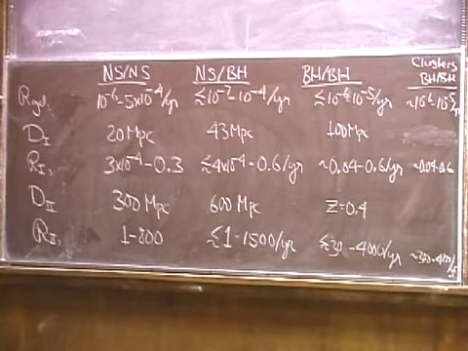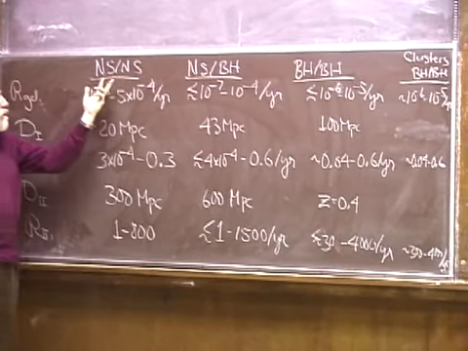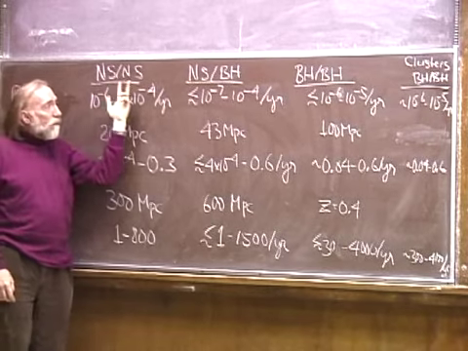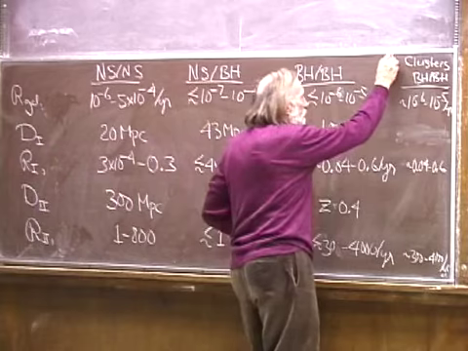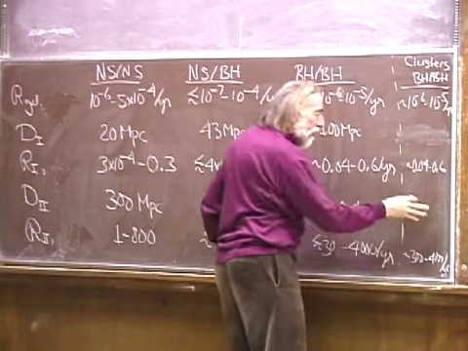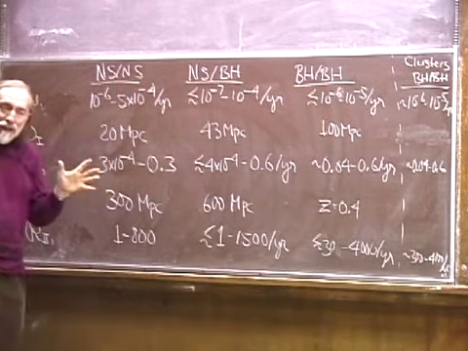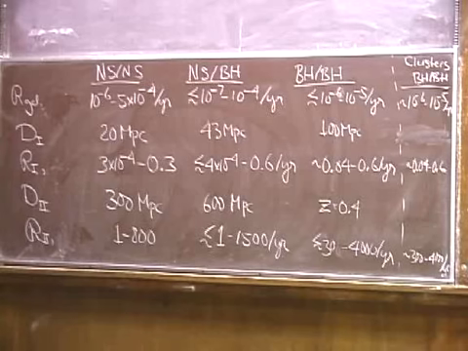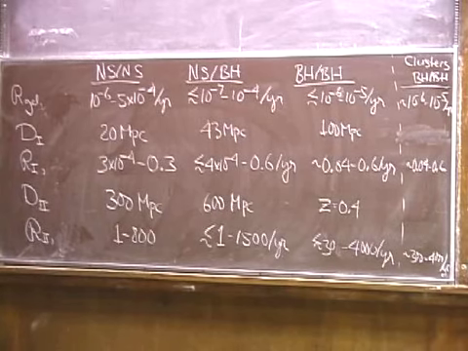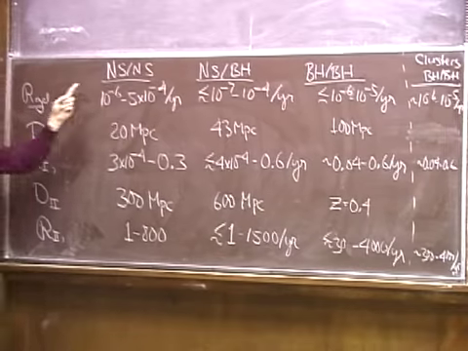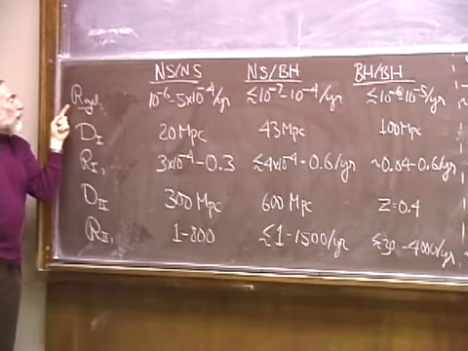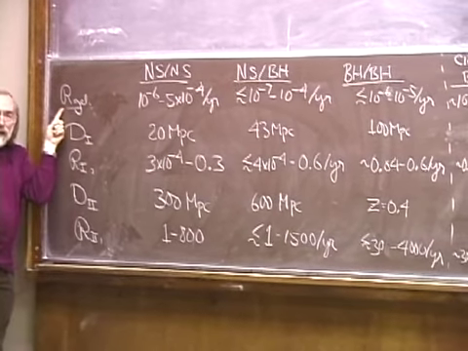So what I'm listing are neutron star binaries, neutron star black hole binaries, black hole binaries, and then this last column I will comment on at the end. It's something that is obtained by techniques that Sturl has not talked about with sources that Sturl has not talked about explicitly. And so Sturl has described how for neutron star binaries one estimates the event rate in our galaxy